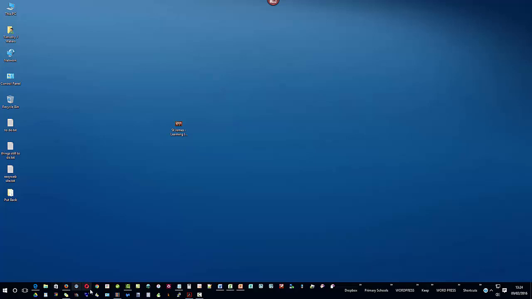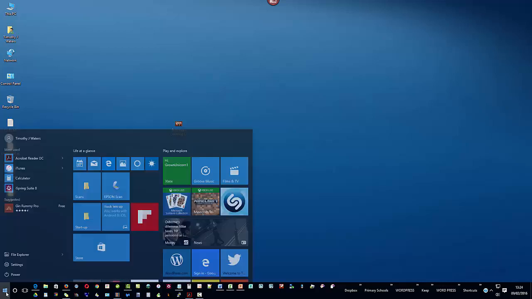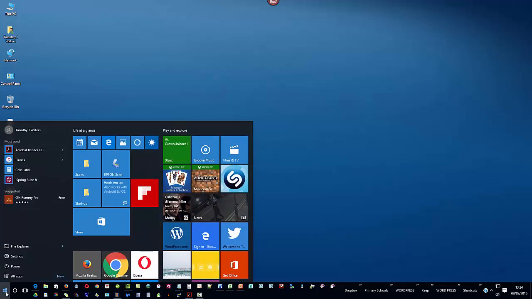Now, I launch Movie Maker from a shortcut on my taskbar. As you can see, I've got all kinds of shortcuts set up on my taskbar for quick launching. However, you may not have that facility available to you. I'm using Windows 10, so if I wanted to see if I'd got Movie Maker installed on my machine, I would simply click on my Start button and I would start typing